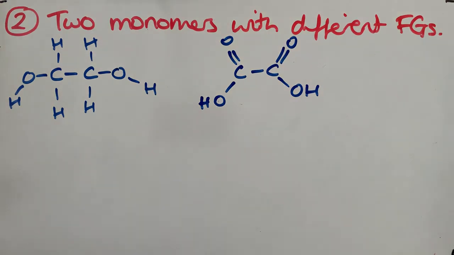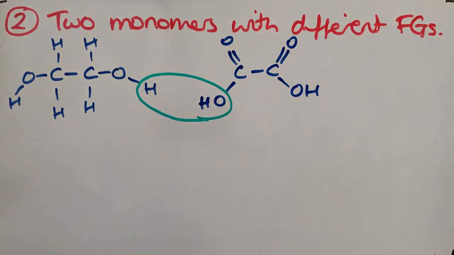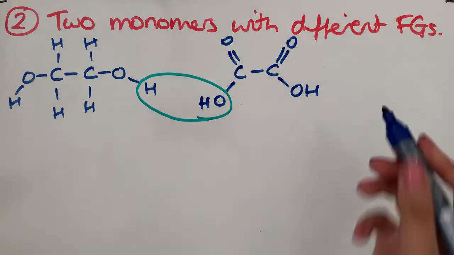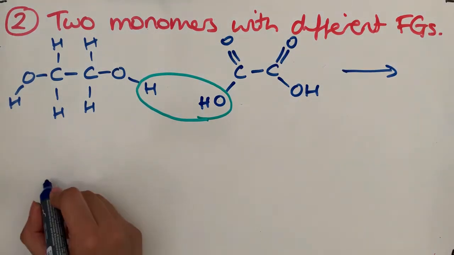Essentially in this one we just have alternating diol, dicarboxylic acid, diol, dicarboxylic acid, and so on. And again we need to lose a water molecule, and this is the H2O that you lose over here, just between these two monomers here. So if I now draw out one repeat unit for this polymer,